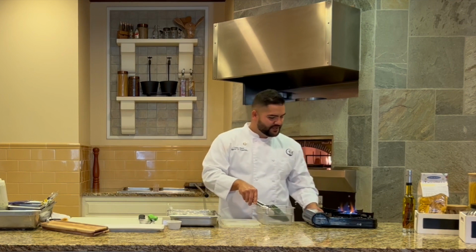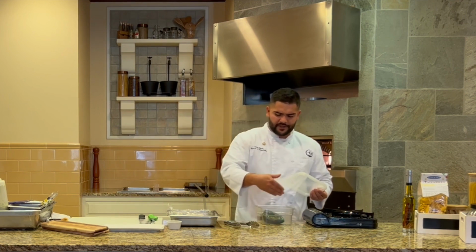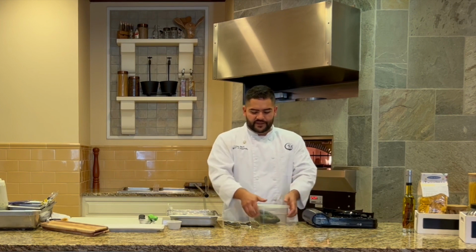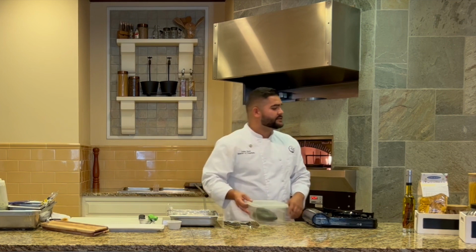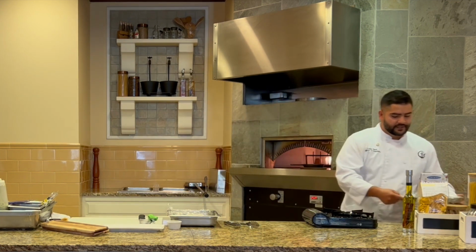So like I mentioned, put it in an airtight container. Let it go. You want to roast it all the way through. That's how you want to accomplish this. Put it in an airtight container and put it to the side for about 10 minutes. Then you're gonna